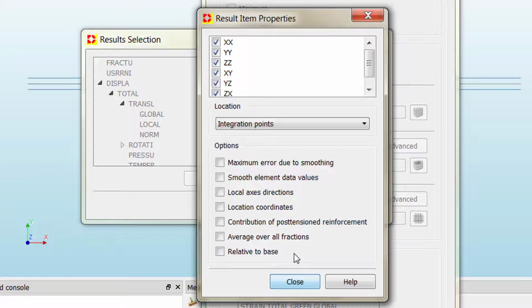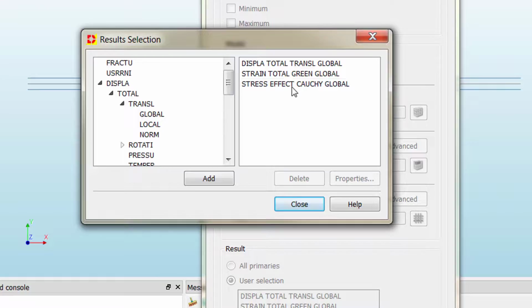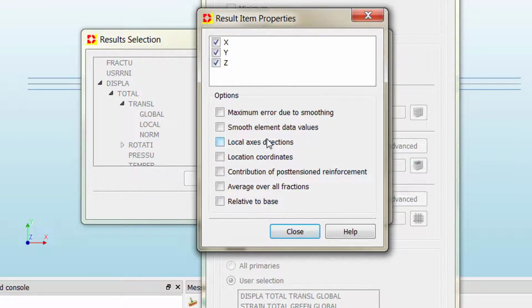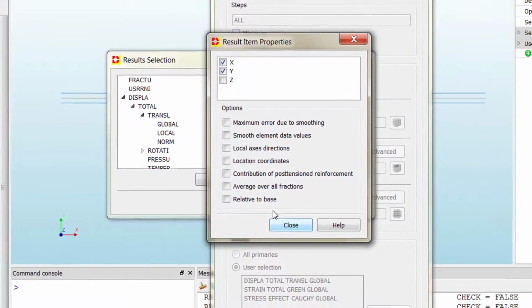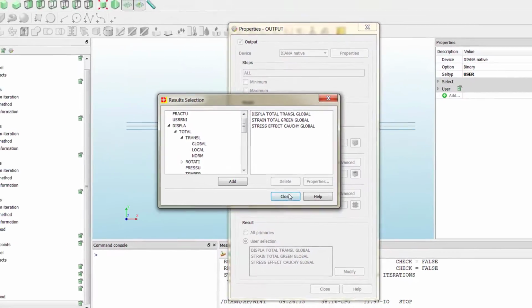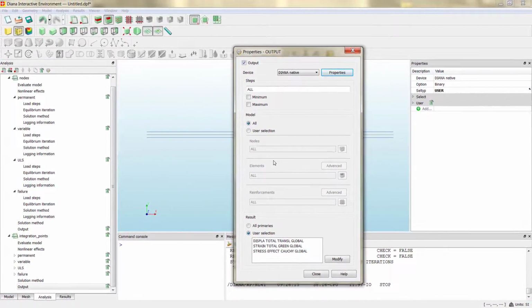The same for stresses. And for the displacement, we cannot choose that because the displacement is something that is always related to the node. So that's only where we want to plot. We can just uncheck Z. We are not expecting any displacement at the Z axis, so we can just remove it. Then close. So here we have this output configuration, and we are going to get results everywhere, in all the elements and all the